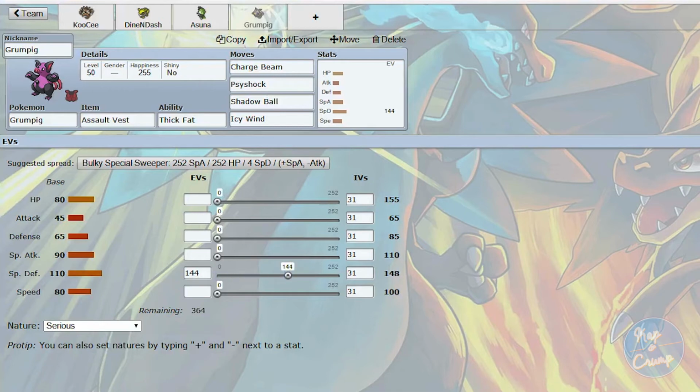So it has 110 special defense. This team's really good in special defense, sharing the Asuna and Grumpig. So that's always good to know. So I'm also just going to max out his HP and share that stat with...